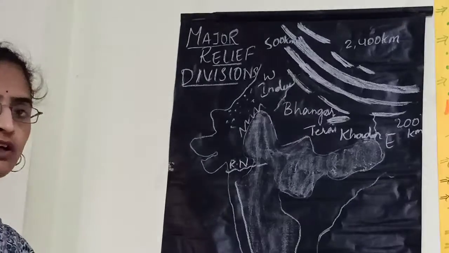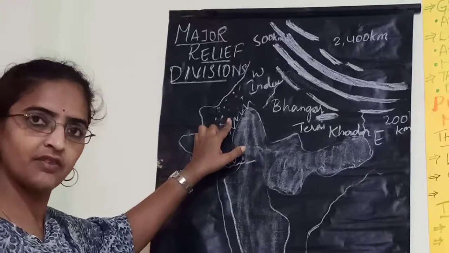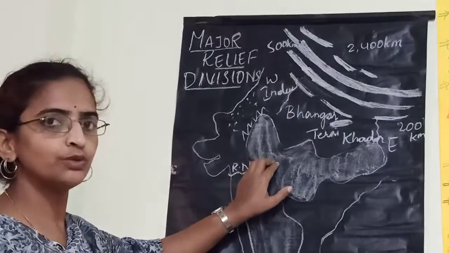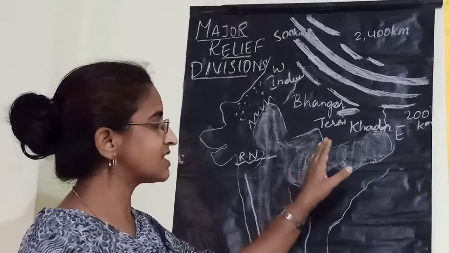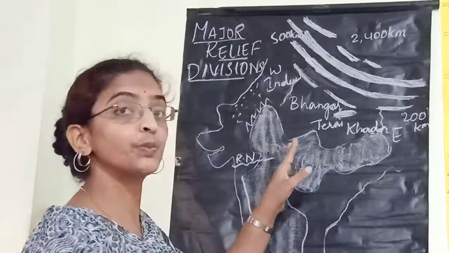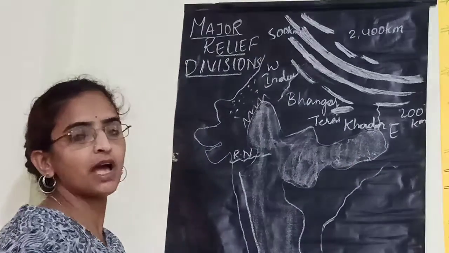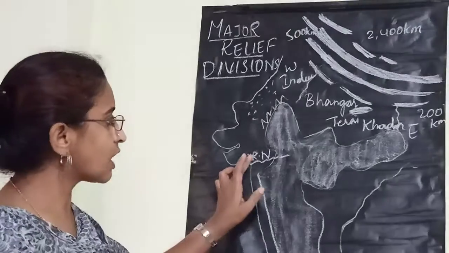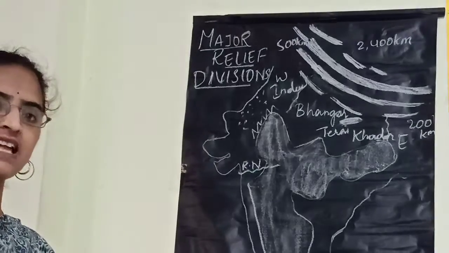So overall, the Malwa Plateau has its western boundary covered with the Aravalli ranges, and the southern part is the Vindhya ranges, extending till the Chota Nagpur Plateau. So you can see the Vindhya ranges, Bundelkhand and Chota Nagpur Plateau. This is the extension of the Malwa Plateau above the Narmada River. Now I have said the south part of the Narmada River is the Deccan Plateau. Now let us see the Deccan Plateau and its extension.